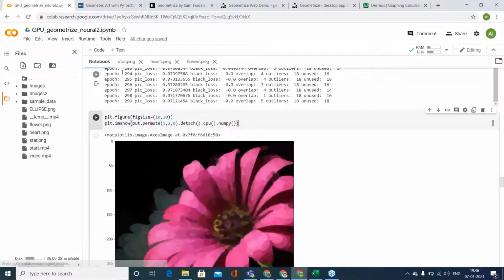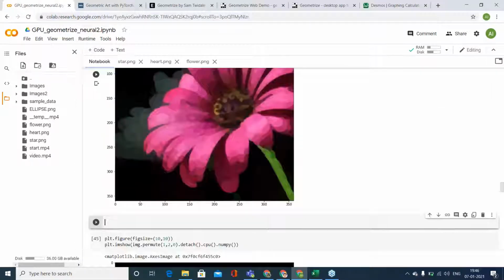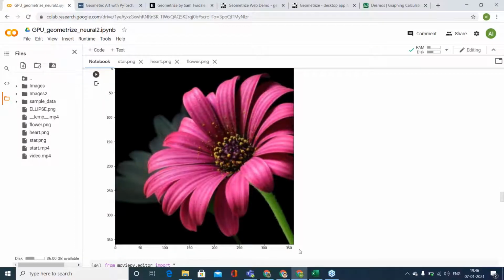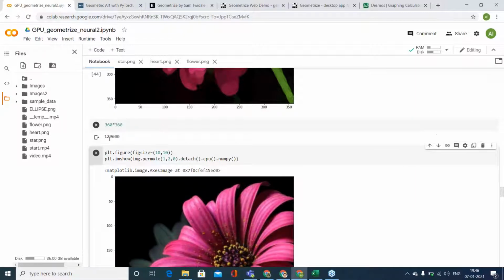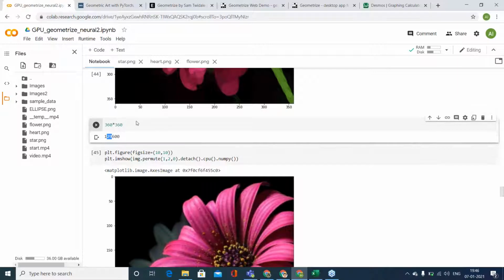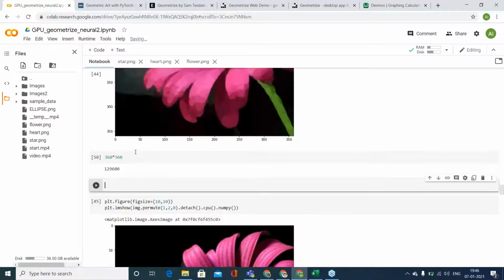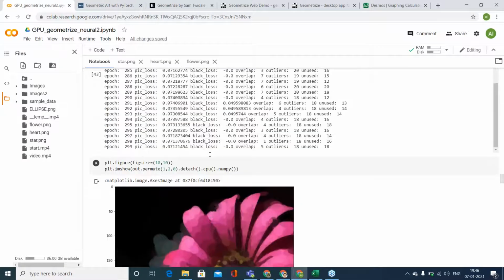So I'll tell you another thing. If you see this image here, this is a 360 cross 360 image, right? So how many pixels are there? 360 into 360, right? So 1,29,000 pixels are there in this image. Now, if we look at how many shapes we are using, we're using 500 shapes, right?